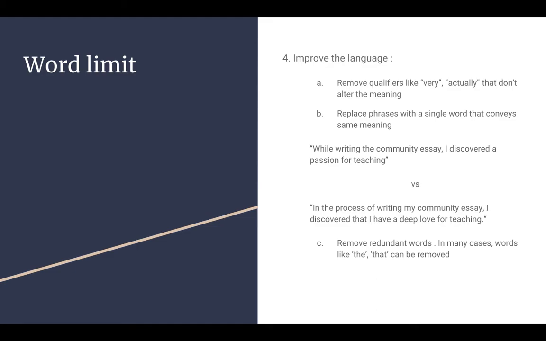But yeah, so it's cutting down the English, changing the language. Sometimes, making things talk like a story might add a lot more words. So at that time, you have to take a call because the word limit is more important. And so you want to cut down on the anecdotes and get to the point at times. So yeah, these are some tips on how you can reduce the word limit. These are not specific just to this essay. You can apply them to any writing anywhere.